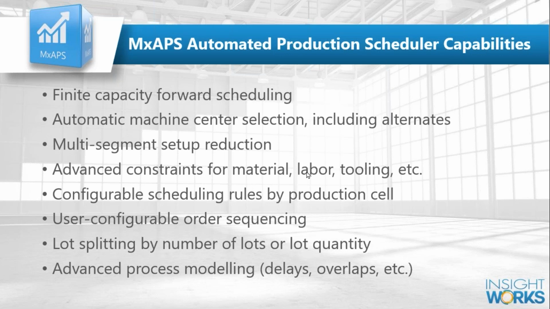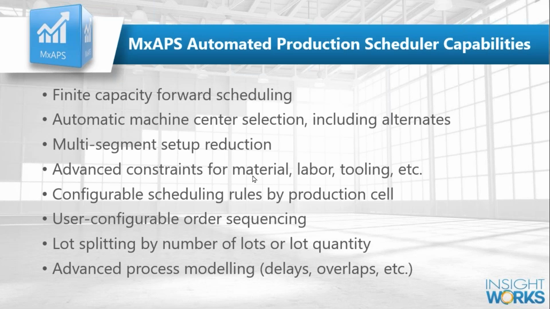Okay, yes, I have capacity within my machines to do X amount of work, but maybe I don't have the personnel to run those machines. Well, we're not going to schedule that work unless you have that labor. Or, I mentioned molds. Maybe I don't have the tooling, the molds or dies or whatever I'm using for tooling to perform that work, because it's already used for a different production order. So we can constrain on that.